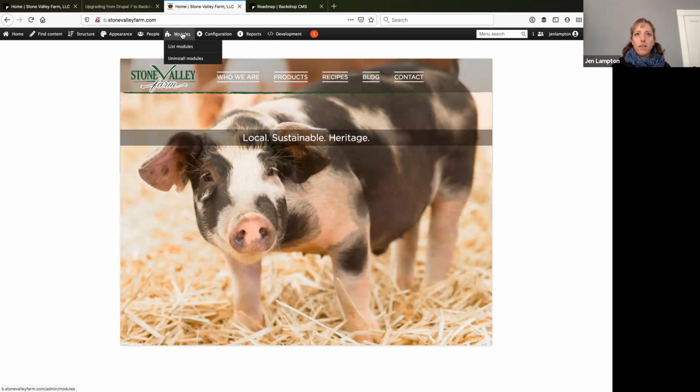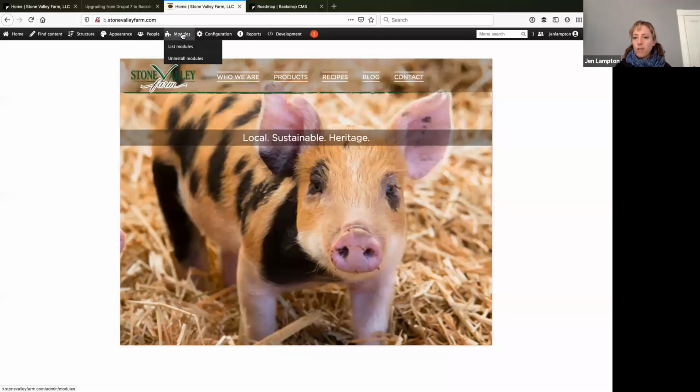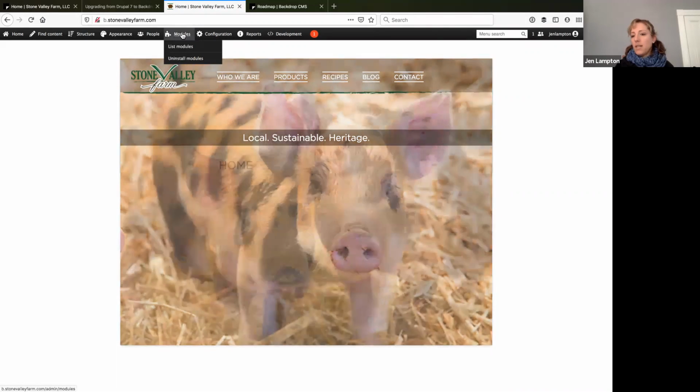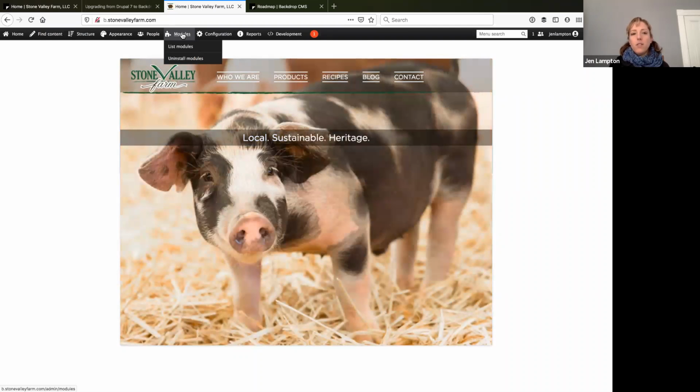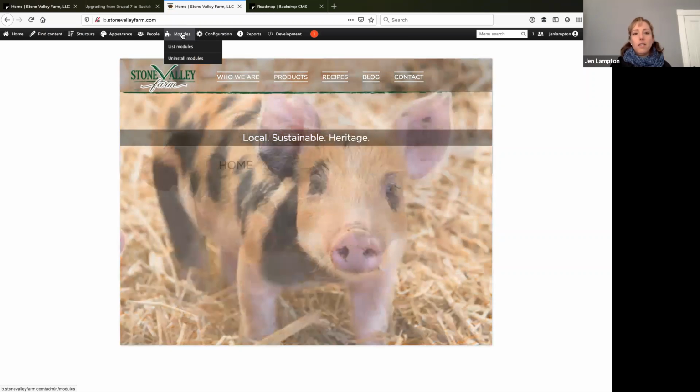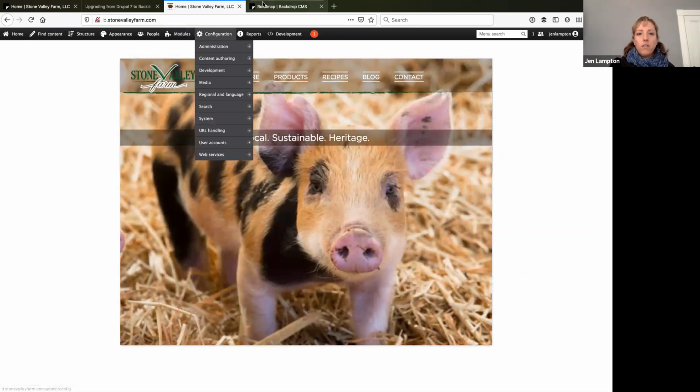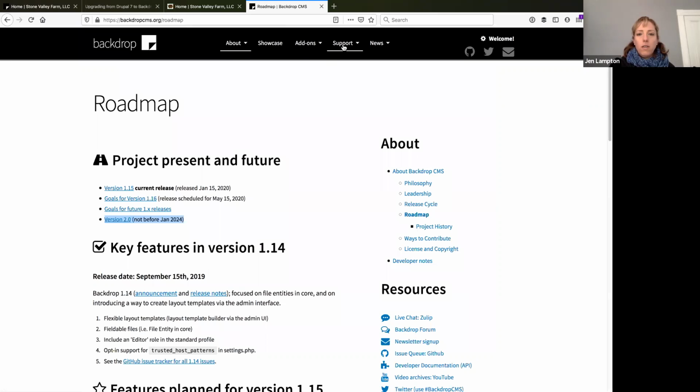I personally think, as a developer, my favorite feature is configuration management. It makes it so easy for me to maintain existing sites and not have to worry about what state anything is in, and if I need to, ask my content editors to freeze for a minute while I do something. It's much easier to manage. Just keeping config in Git also makes it easier for me to tell what's been changed and what hasn't. But there's a ton of other stuff too, and maybe I should show you on the